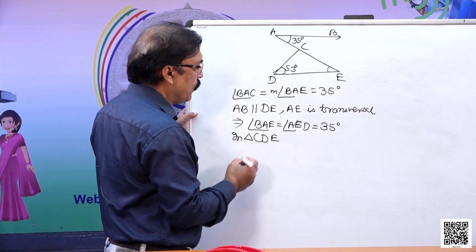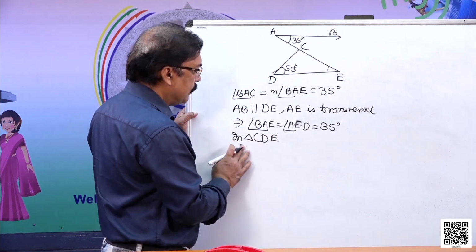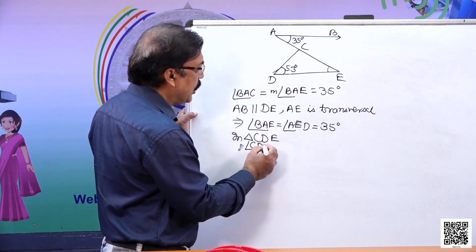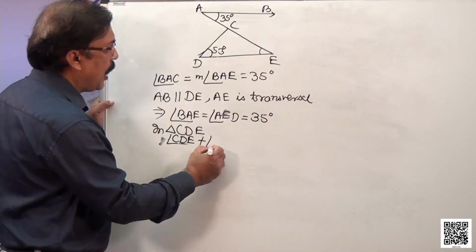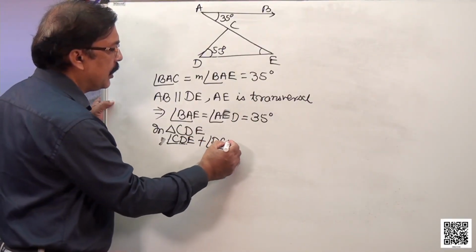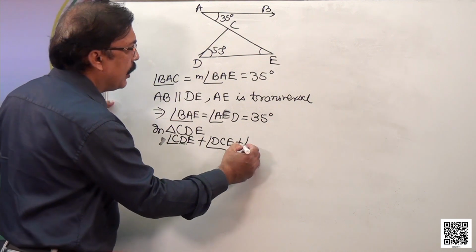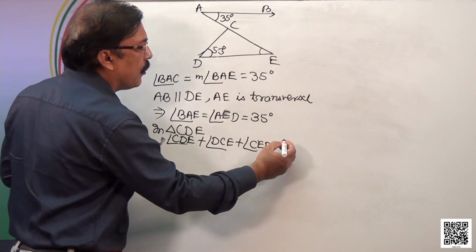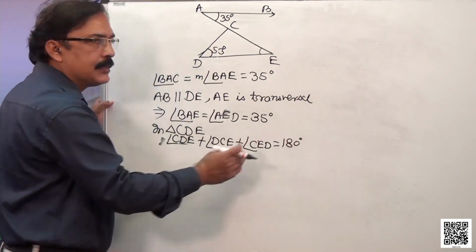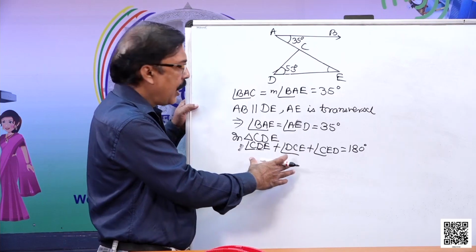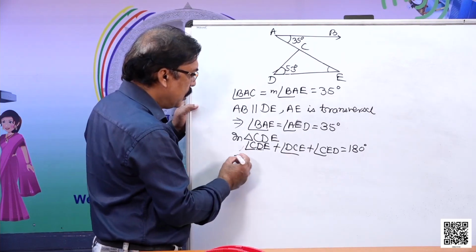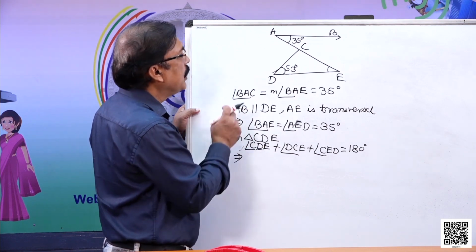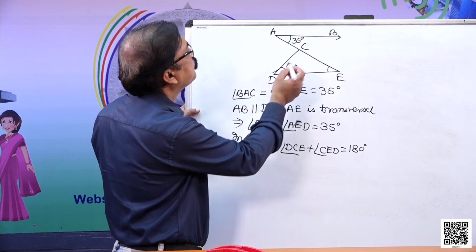CDE, we have angle CDE plus angle DCE plus angle CED is equal to 180 degree. This is our angle sum property of a triangle. So this shows that if you put the values, CDE is given